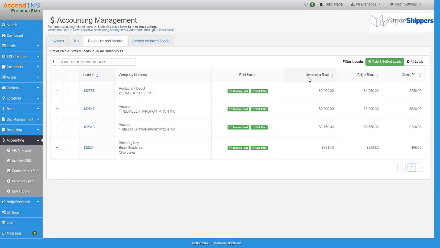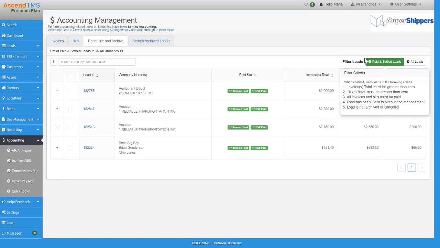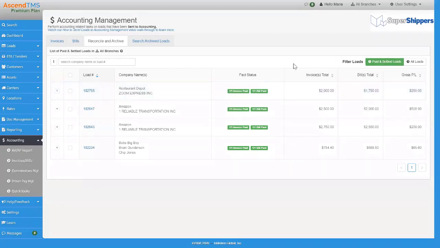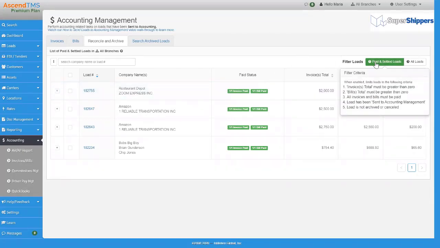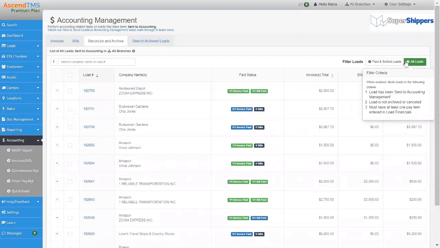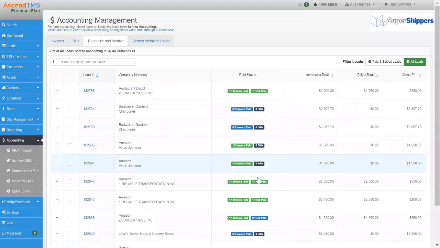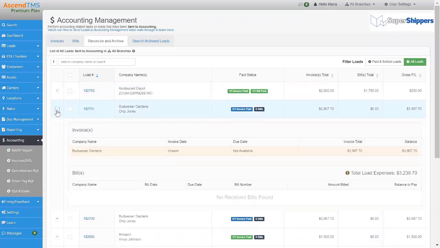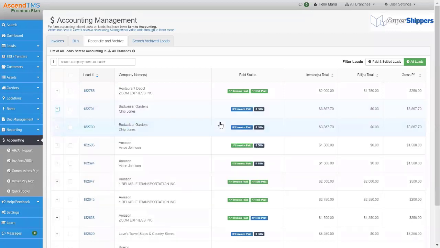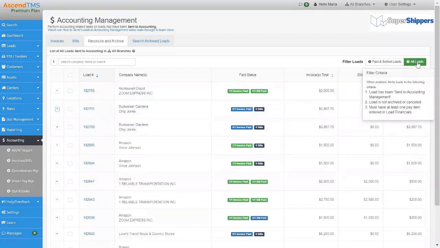If that's you, if you're not marking all of the payments in Ascend, when you get to this page, it'll always be blank, okay? Because that's the default. You can toggle over to all loads, and then it'll give you a view of everything that's in your accounting. You'll have to go ahead and expand and decide which loads you're okay with archiving, right? But at least you have the option to do so.